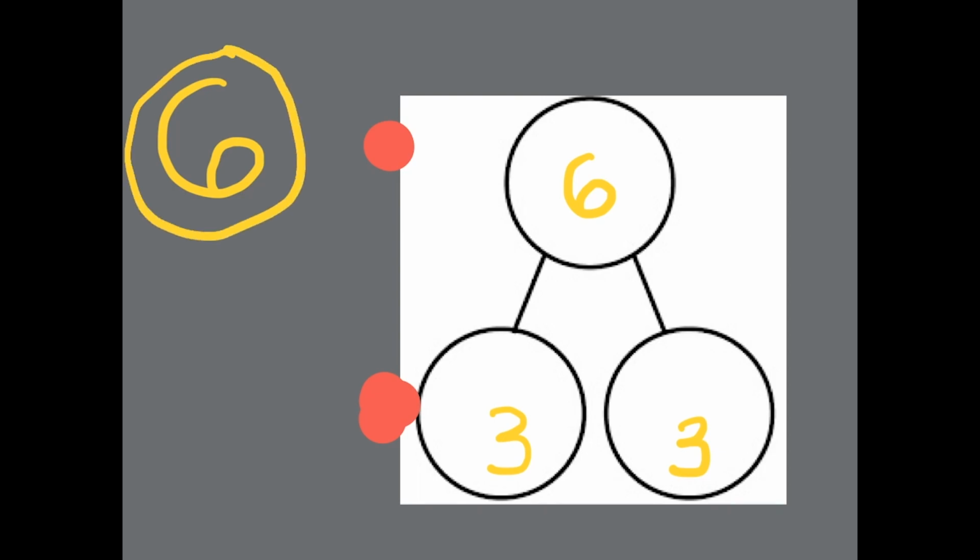6 is the whole, and it can be divided into 3 and 3. So let's say this sentence. 3 and 3 make 6. Say it with me. 3 and 3 make 6. Now let's erase